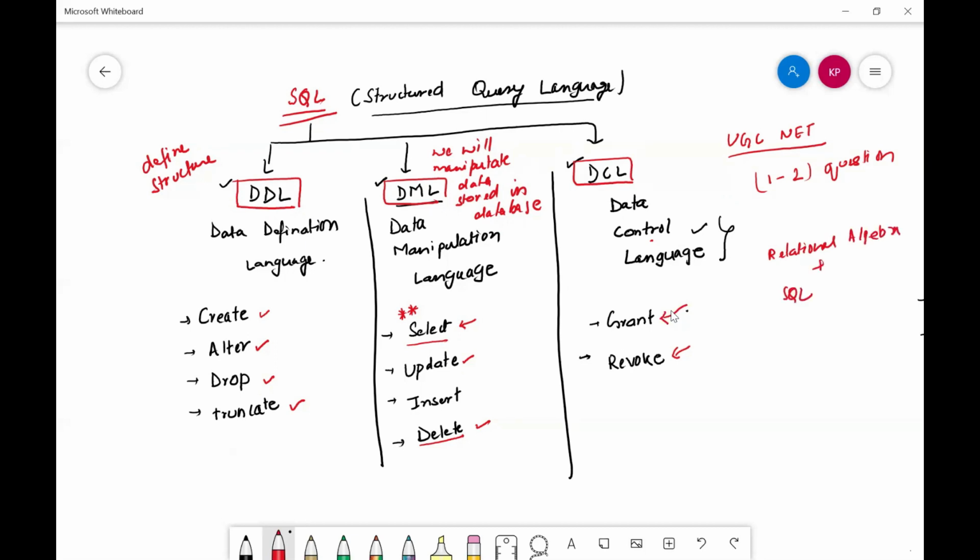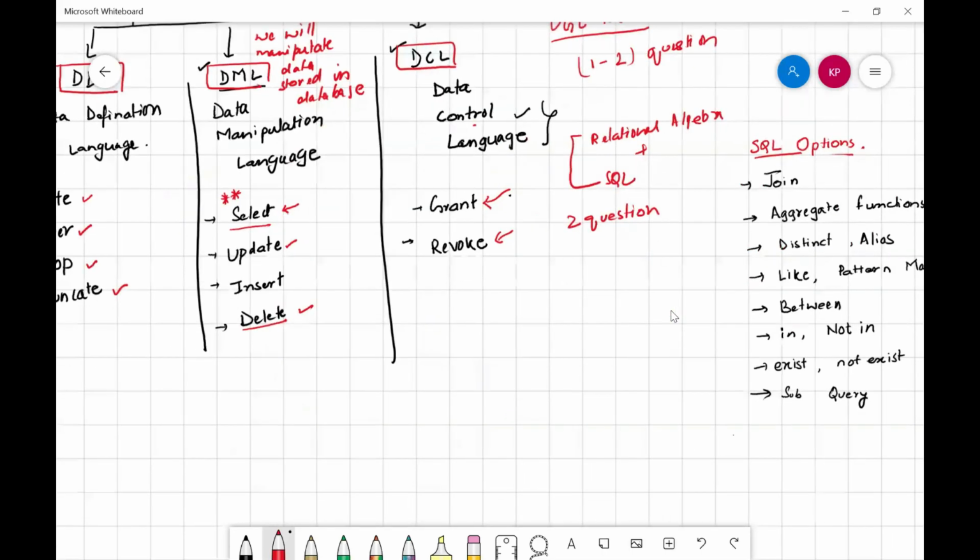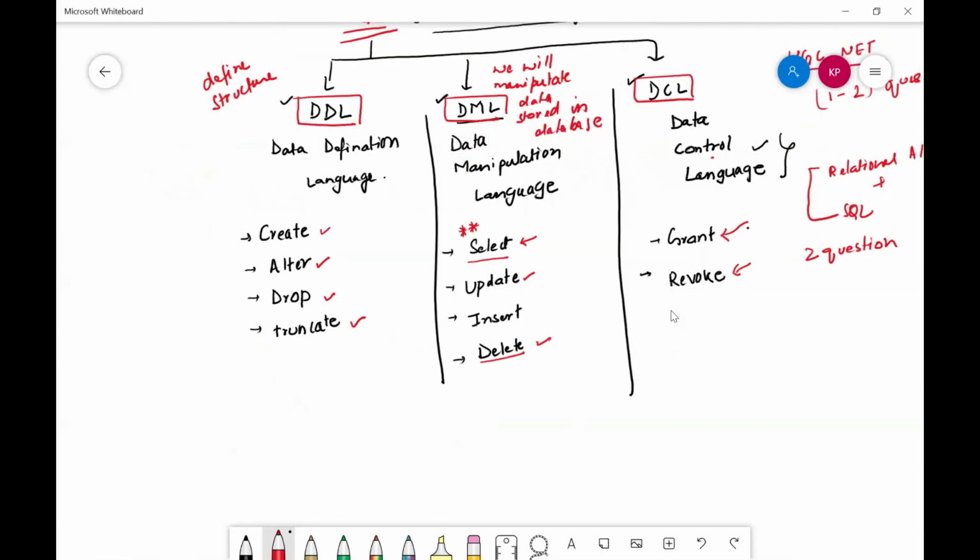So this part contains at least 2 questions every year. If this part is done, you can attempt 2 questions, and this part is really very easy. So we will now move to the select command.